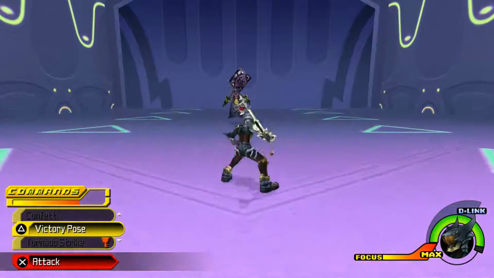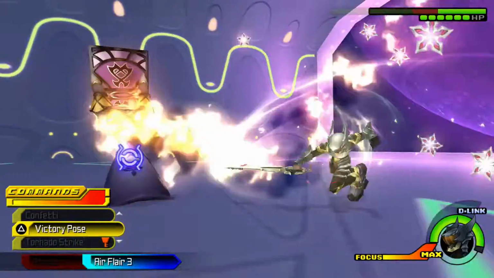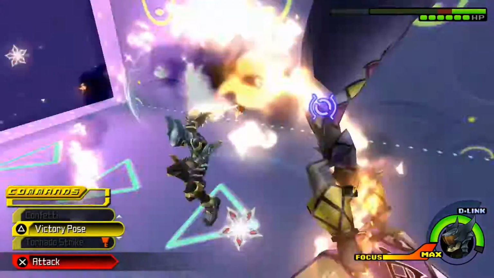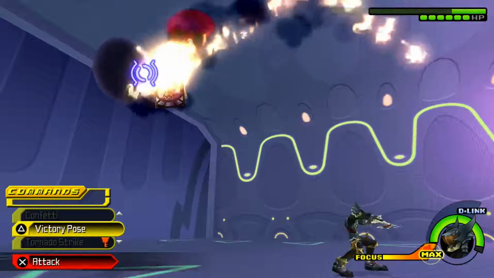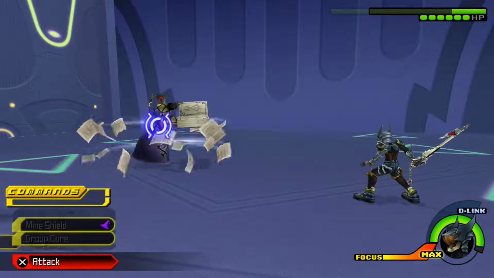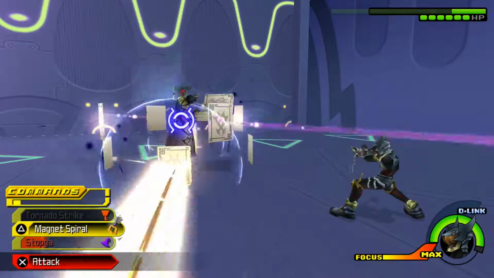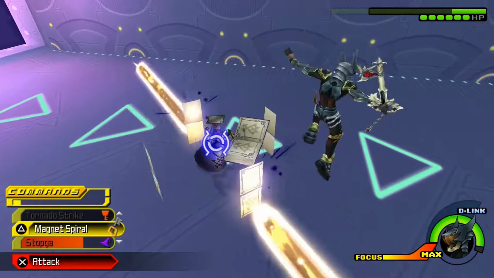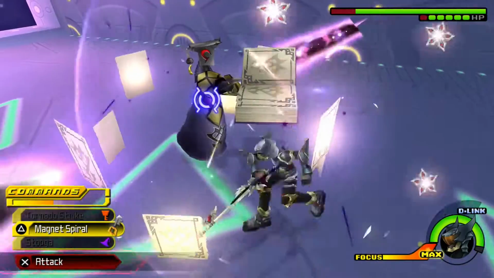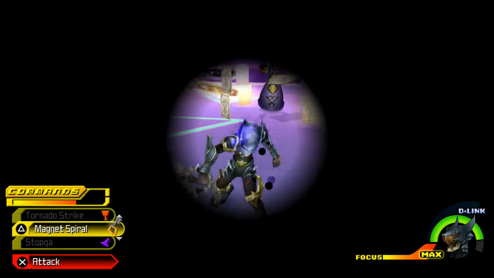We got the Mimic Master right here, which is actually a crazy boss fight, and really unique. I believe this boss actually gets reused in... not Birth by Sleep, we're playing Birth by Sleep. I think this boss actually gets reused in Dream Drop Distance. I could be wrong because I just bought the game again today, and I don't remember all the bosses for Dream Drop Distance, but I'm